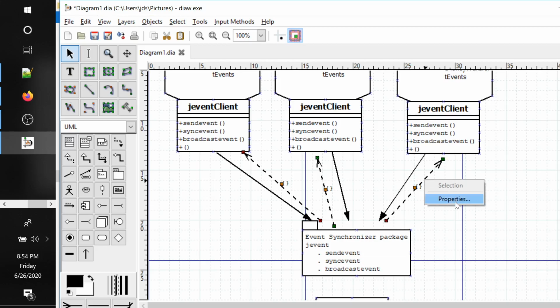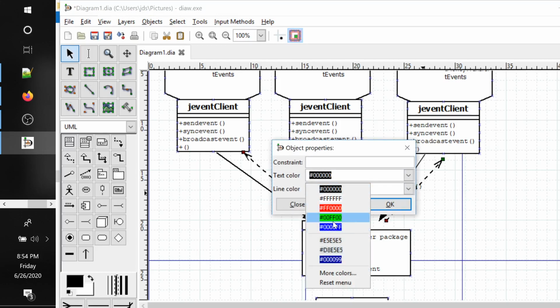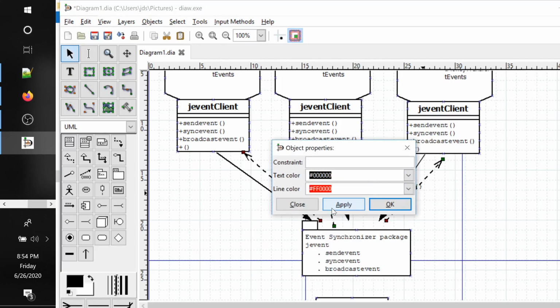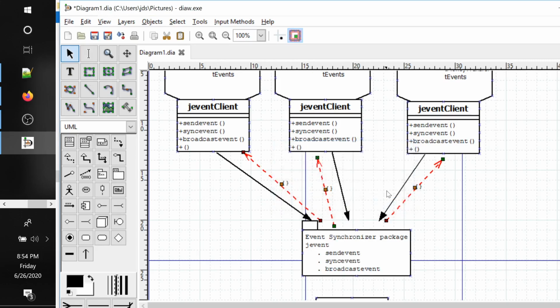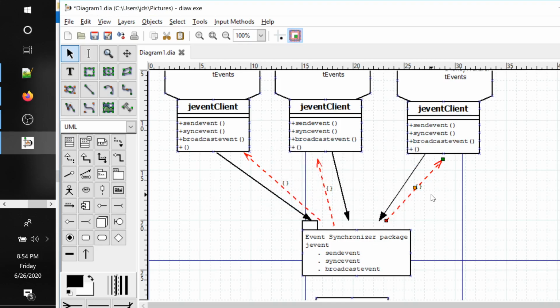Can I give it a different color, line color? Let's say it's red, right? And can I modify, constrain? No, what is this? Something other. I don't know what that constraint means. So you have to learn to draw diagrams also.